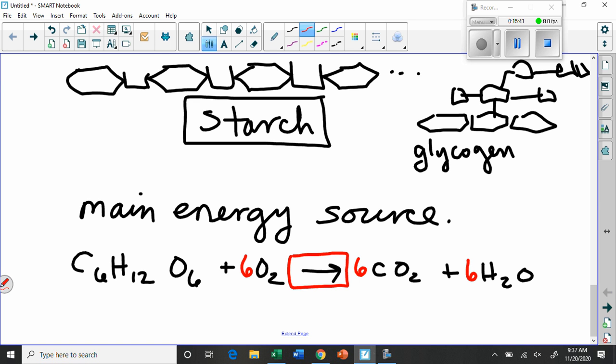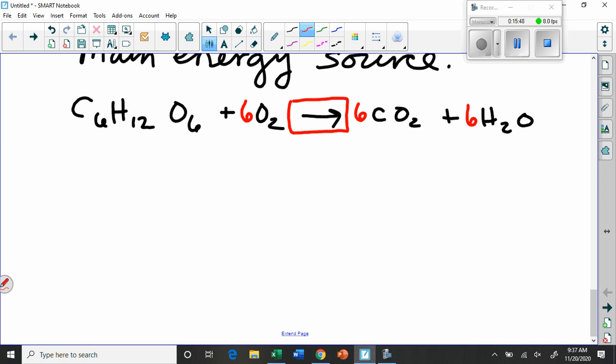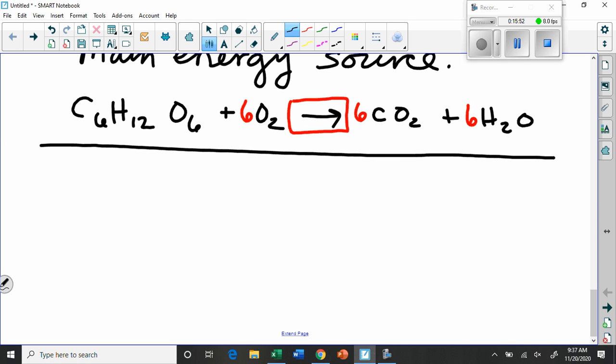People say if you want energy, eat carbs, right? You eat your carbs to get energy. Okay, let's talk about the next group of what happens if you want to store sugars longer. Maybe you won't need them for quite some time, but you should always have some energy stored away for a rainy day because, you might be eating this delicious gazelle that you wrestled to the ground this morning, but you might also not be able to catch a gazelle for 6 or 7 days, and your body has to rely on stored energy. And so we have what are called fats